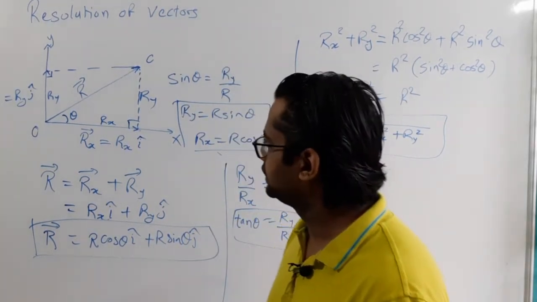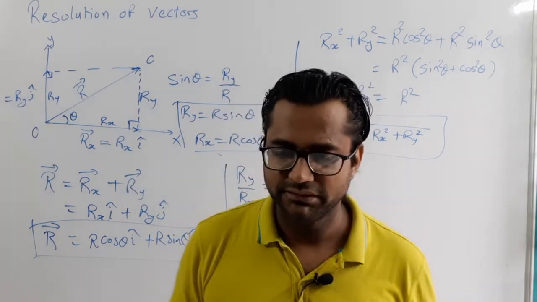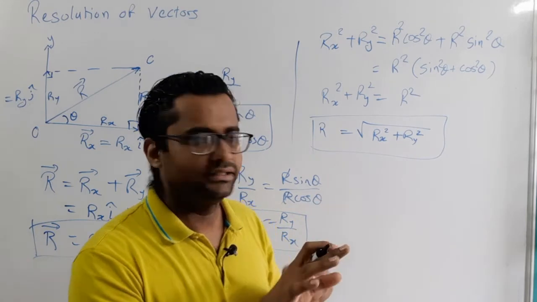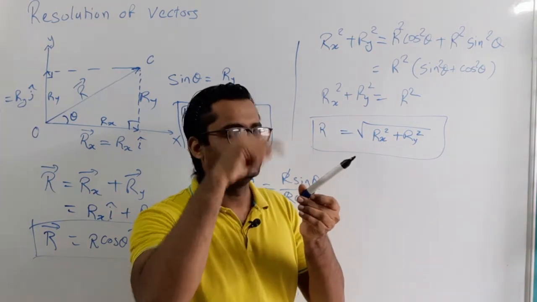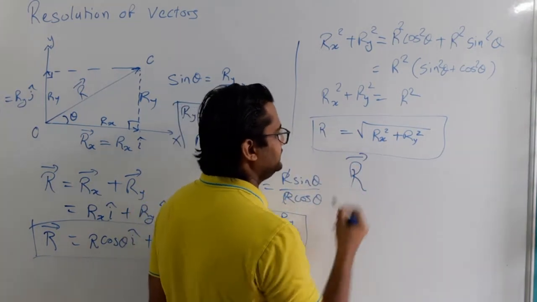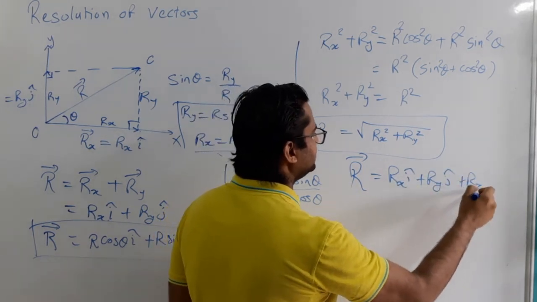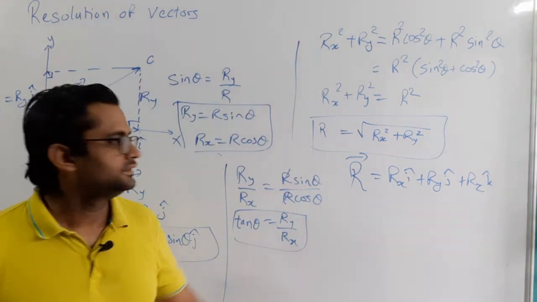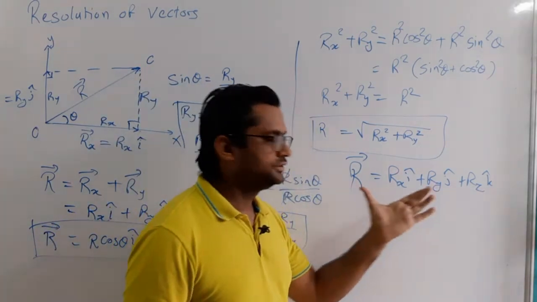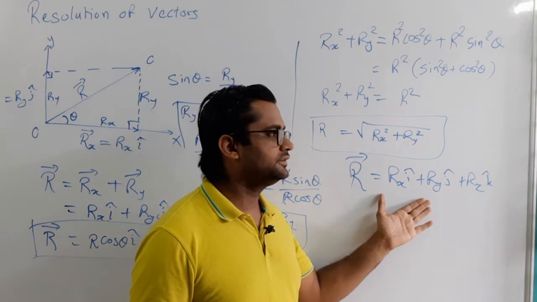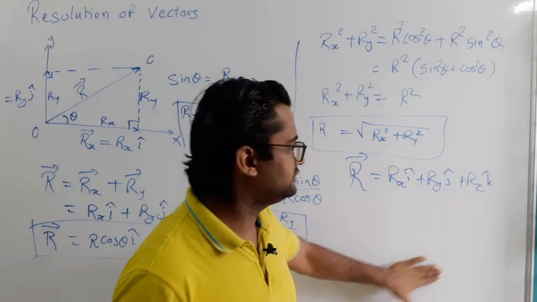This is an example for a 2D vector, where I have taken a vector in the x and y plane. In the same way, we can resolve any vector in space. Let us say it is like this in this classroom, and this is our x-axis, this is the y-axis, this is the z-axis. So we can write this r vector in general as rx i cap plus ry j cap plus rz k cap. This is how we write a vector in terms of its rectangular components. This is an important method to write vectors, and we will deal with this kind of equations in further numericals also. This equation is very useful to solve vector numericals.